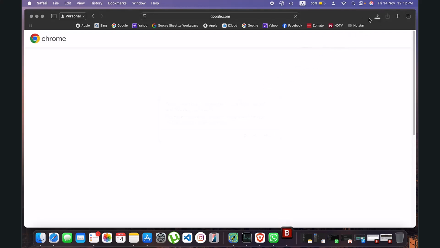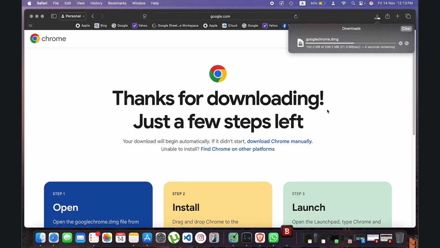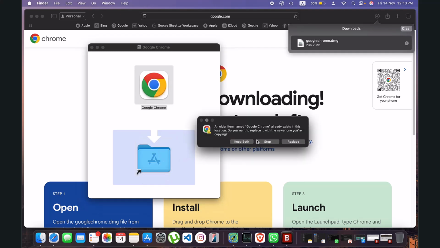Once you go ahead and click on that, click on allow, and it's going to start downloading and installing the DMG file, as you can see. And once you've done that, all you need to do is simply go ahead and open this DMG file and then launch it. When you go ahead and launch the DMG file, just drag and drop this to the application,